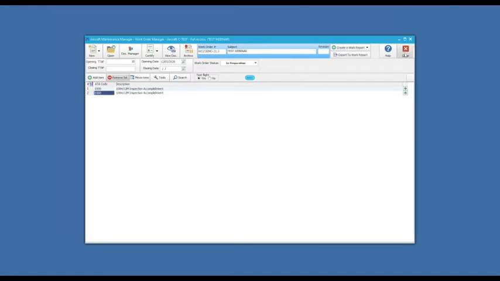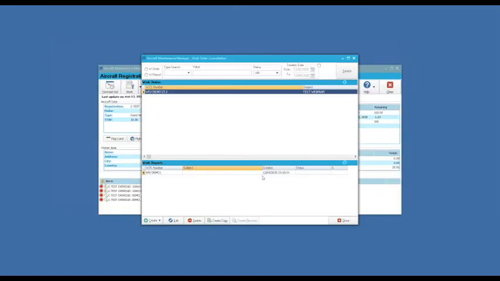So this is the new feature for work order. This is optional, and the purpose is really to separate the work from the maintenance control services or the CAMO, or from the planning services, from the work done by the workshop. That was the main purpose of this new feature.